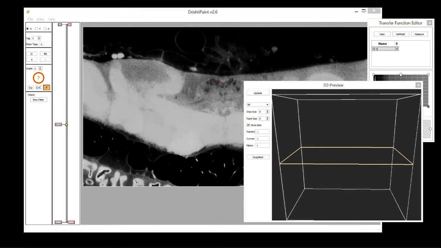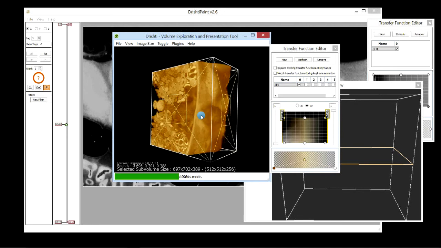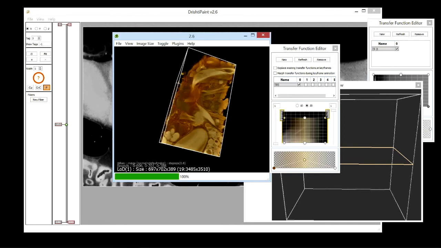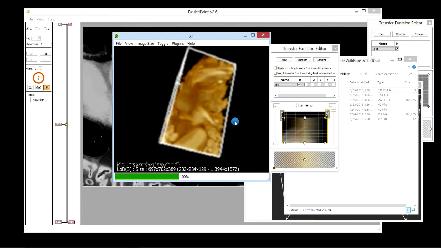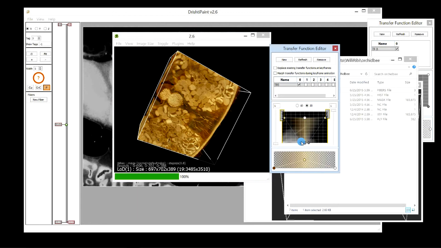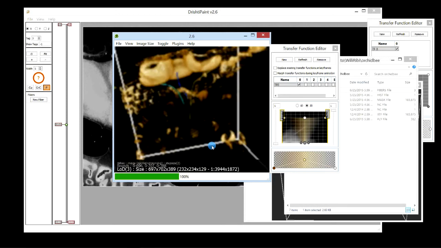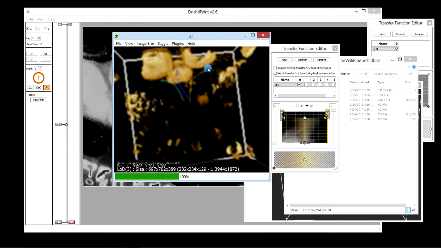And let's now load that data set into Drishti. So here it is. So this is the data here, and let me load the fibers. So I'm going to load these ones. These were created by Paint, and let me load that. Let me reduce that to see the fibers. So these are the fibers here, and these are just the paths. So these are treated as path. So you can hover over that and press spacebar to get the path